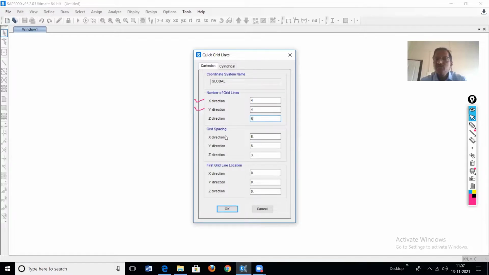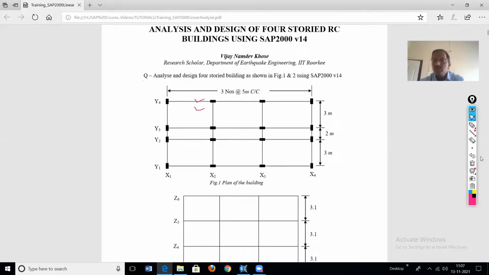Then the grid spacing. In X direction, it is uniformly spaced at 5 meter. In Y direction, the grid lines are not spaced uniformly. The first grid line is at 0, then the next grid lines are at 3 meter, 2 meter, 3 meter.